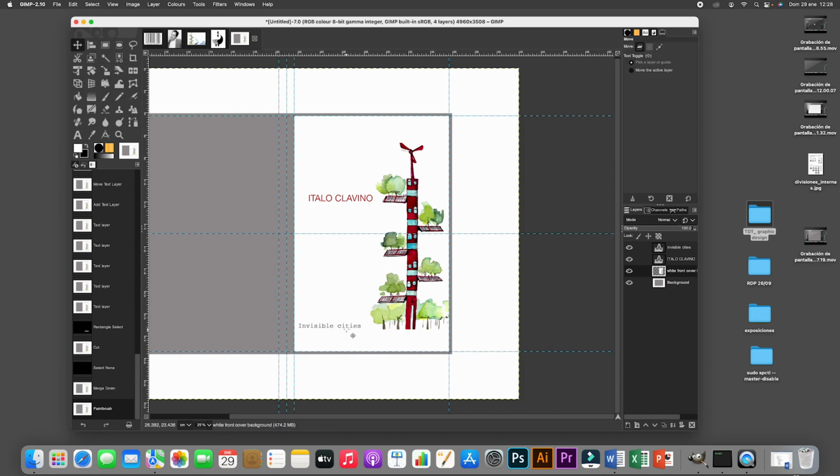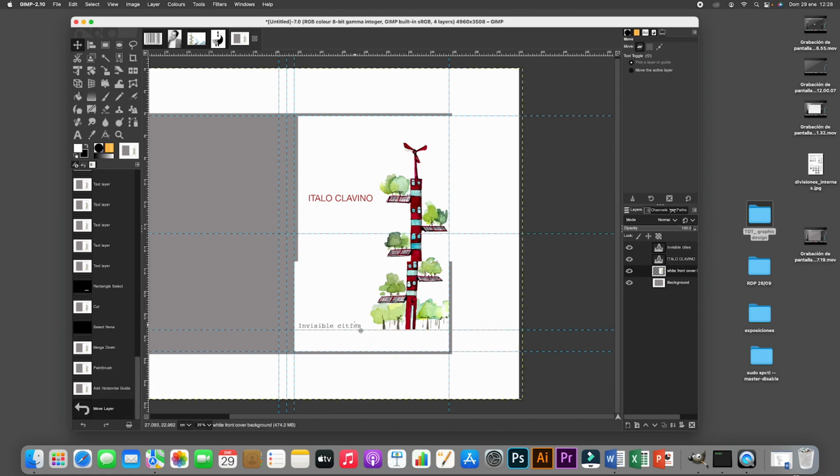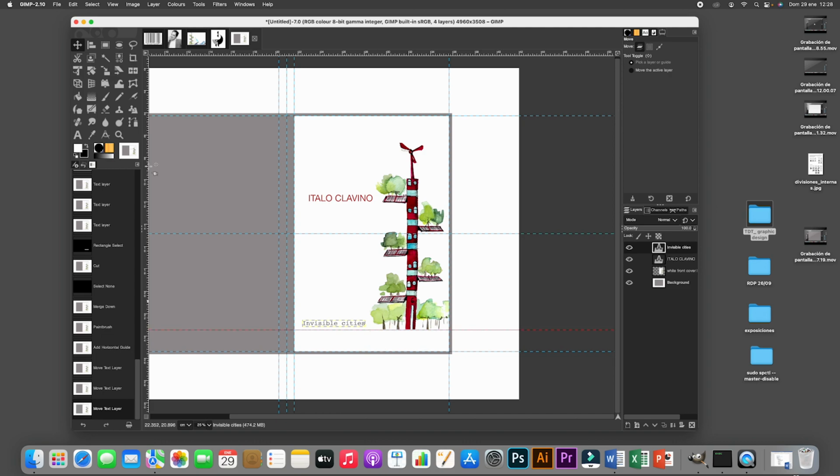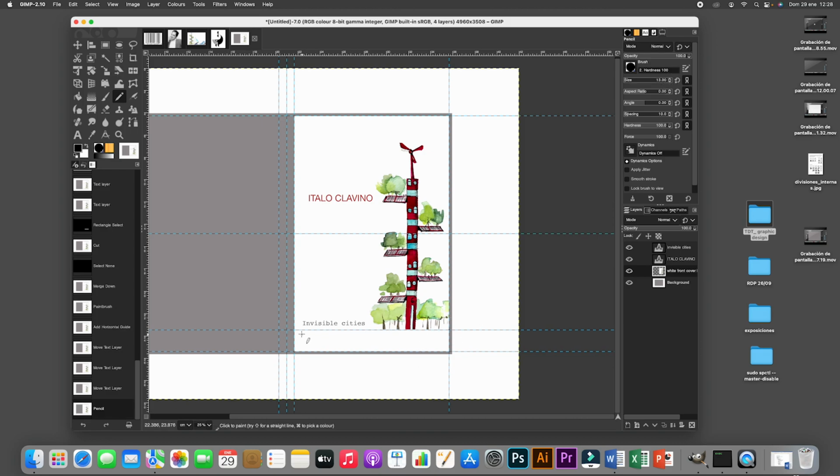Okay. Let's see if I can just... I'd like to see where is exactly the bottom of this, and I'd like to move the Invisible Cities. So with this layer active, okay, let's put it there, and I'd like to draw with a very thin paintbrush this line